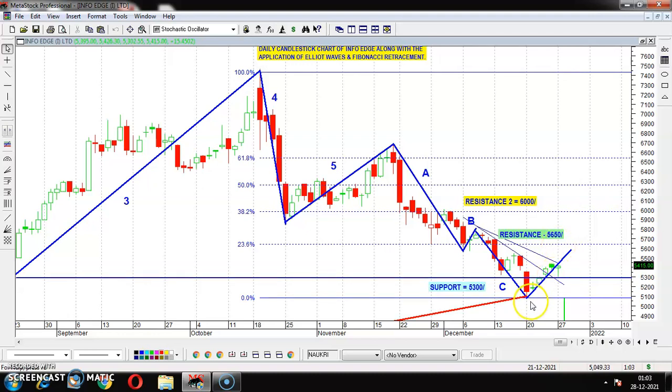So if it moves from here, as far as Elliott waves are concerned, earlier I also explained to you that the Elliott wave has already restarted from here. It means if the market moves like Elliott waves, then definitely it will go towards the upside. So there is a very good possibility to cross this one, and also a very good possibility to cross this one. Now to cross this one means 38.2%, the golden ratio.